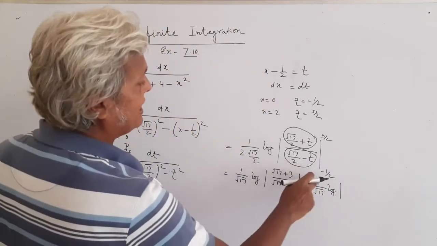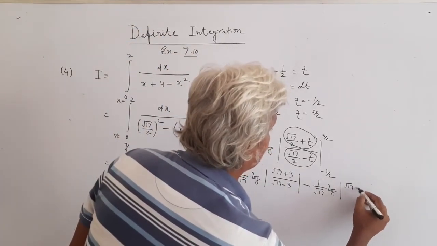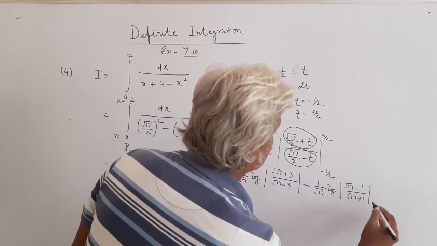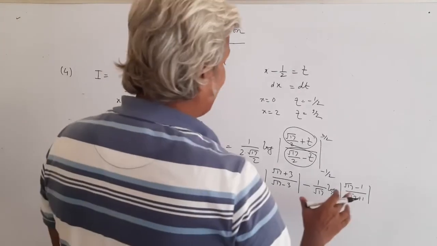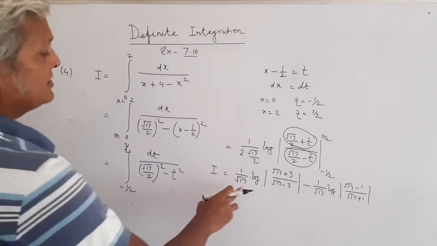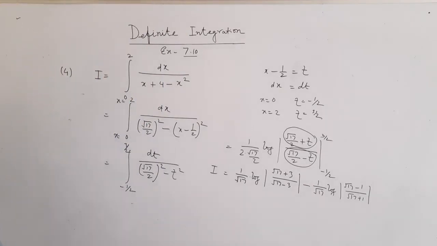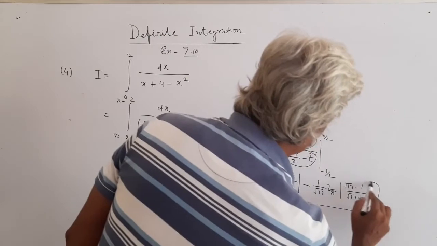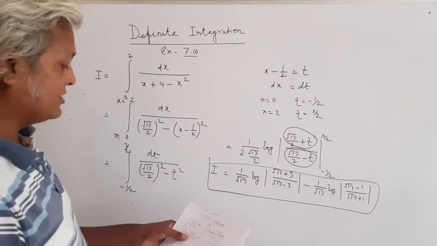At the place of t now we have to write minus half. So this will become under root 17 minus 1, and this will become under root 17 plus 1. This is what you get as the answer, because on simplification you are not going to get anything special. This can become only one part, because 1 by root 17 log m minus log n will become log m by n, but finally you will not get any different or simplified answer than this. So I'll leave my answer here only. So I'll go to the next question.